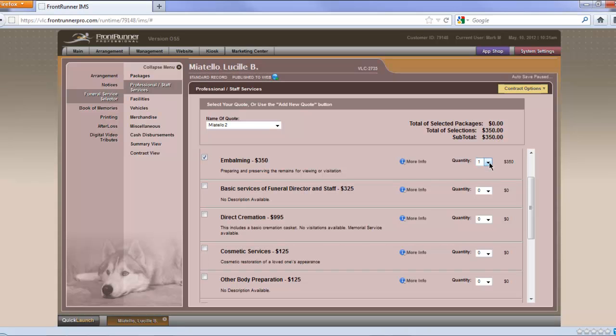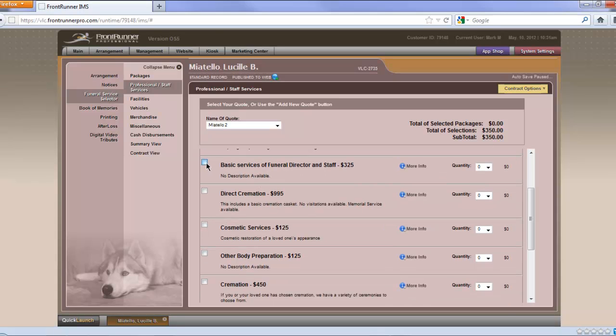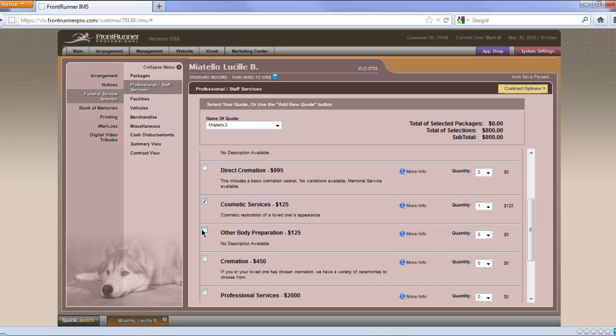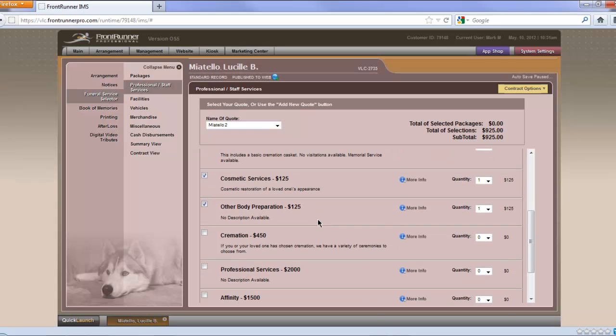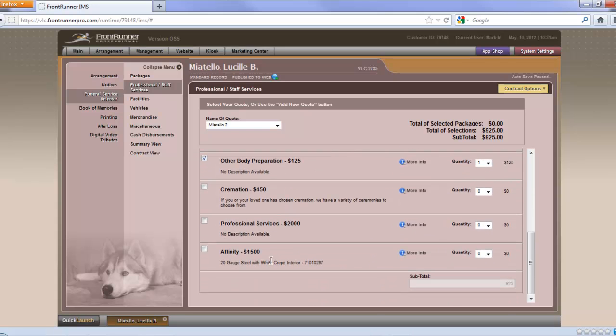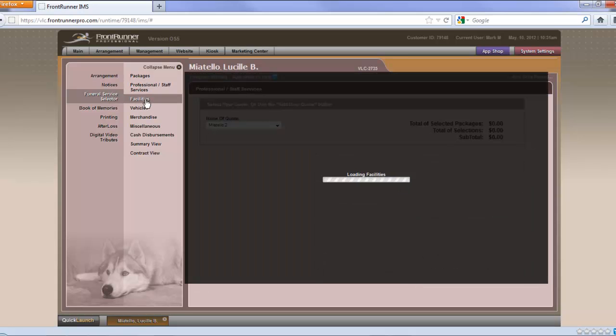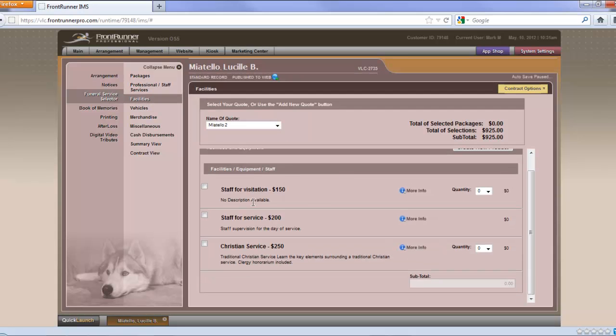And embalming, obviously, max quantity for that is going to be 1. Basic services of funeral director and staff, we'll need that. Maybe cosmetic services, another body preparation. And you'll move on down and select the items that you need from that category. Then we go over to facilities. And we need the staff for visitation, and we need the staff for service. As you see, our total